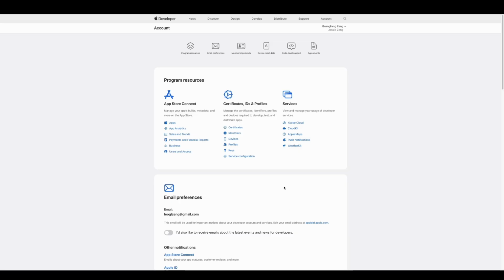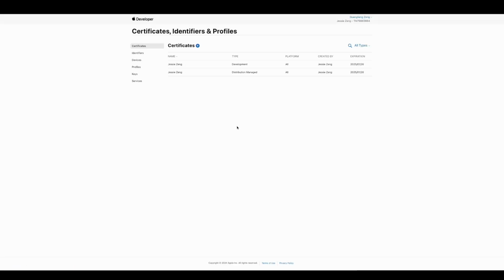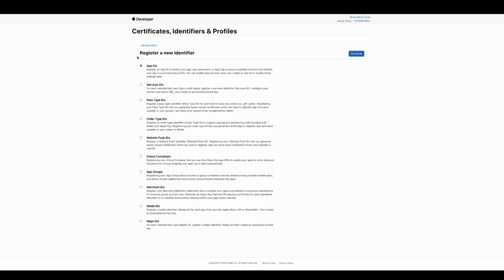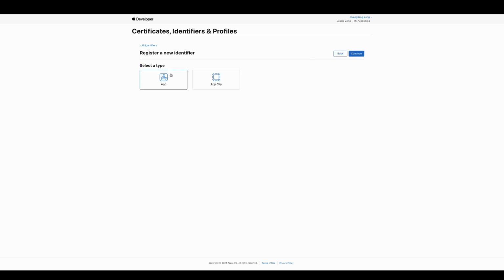After joining the Apple Developer Program, first you will need to set up your certificates and app ID in order to upload an app onto the App Store. Certificates should be automatic if the app developer account is the same in Xcode. Now, app ID, to add an identifier, aka app ID, you do need to press the plus button next to identifiers in order to add a new identifier. Now press App ID since that's what we're registering for. Press Continue, and then press App since that's the type of identifier we're making. Press Continue,